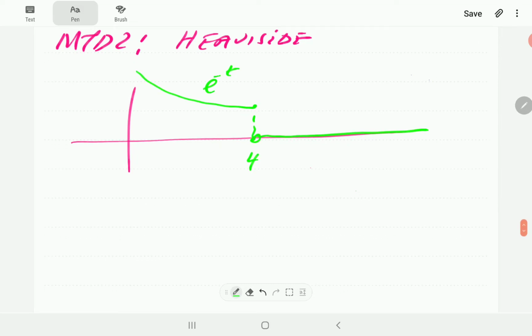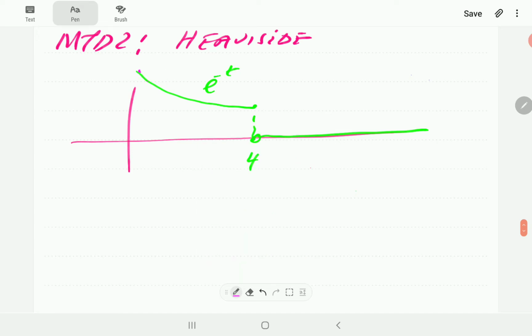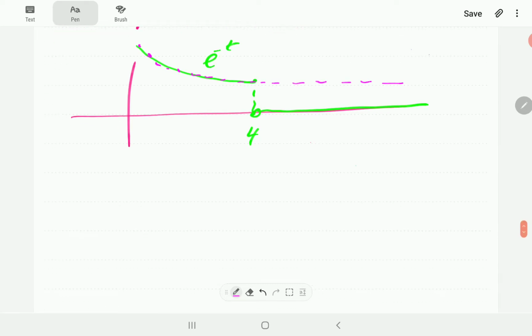Okay, so what we do is we start off with this function, just e to the minus t, and then we need to multiply it by a box